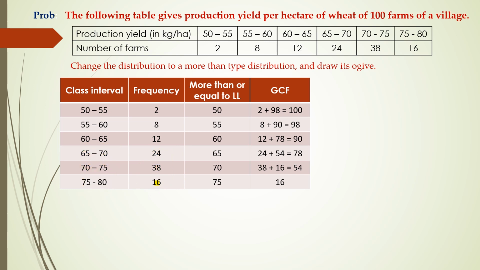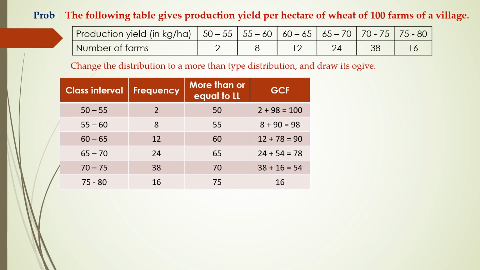For example, let me take the class interval 60-65. The greater than cumulative frequency of 60-65 is nothing but the sum of all these four frequencies, that is, the sum of the frequency of 60-65 and the frequencies of its succeeding classes. There are three succeeding classes for this. That's why you have to find the sum of all these four frequencies to find the respective greater than cumulative frequency. This can be calculated in an easy manner in the table, like this.